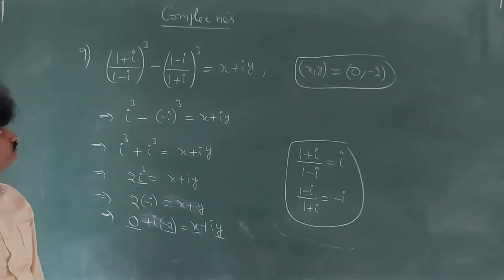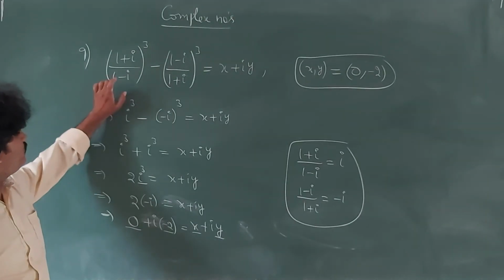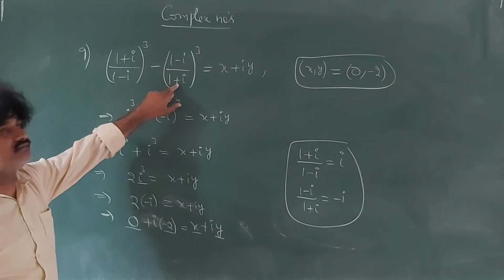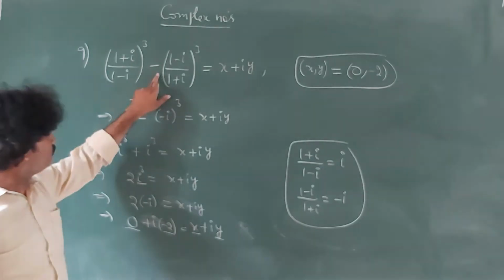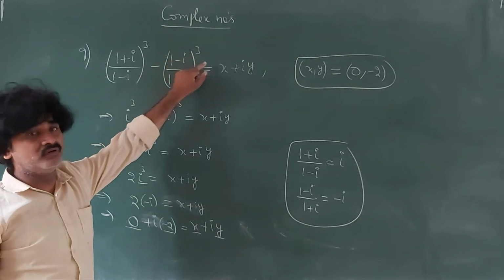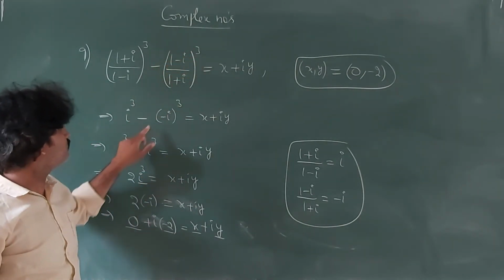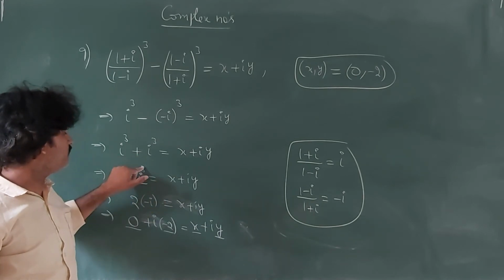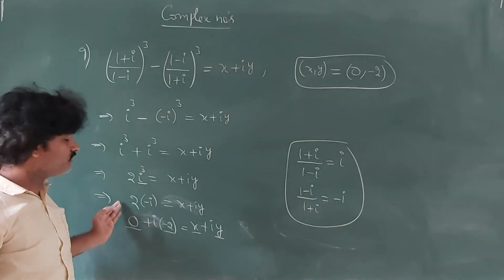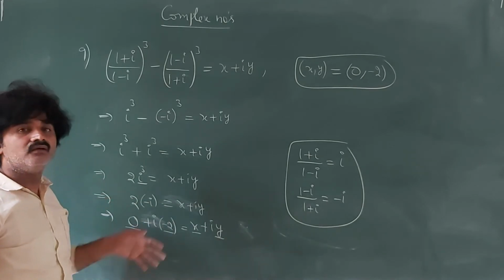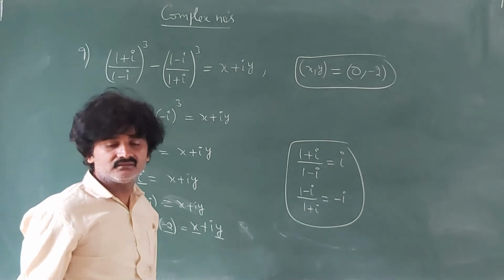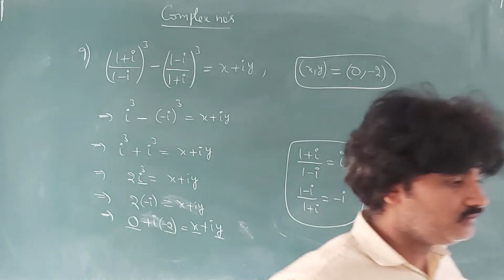That's it. Okay. Main important is this one. If you remember this i, this is minus i. So i cube minus (minus i) whole cube: minus cube, again minus will come, that's why I wrote here plus. So i cube plus i cube, 2i cube, value is minus i. Answer is minus 2i. Compare x value, y value. That's it. Okay. So take that.